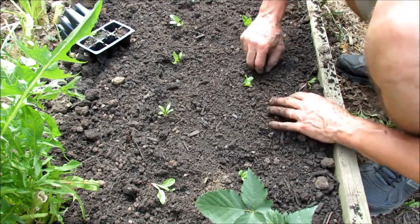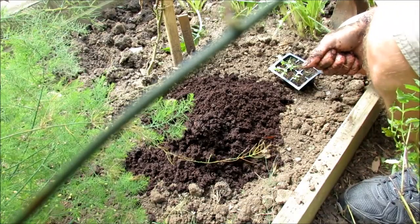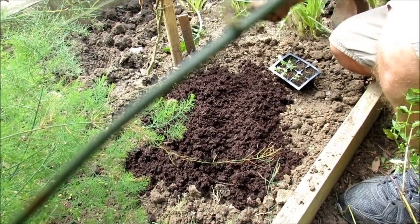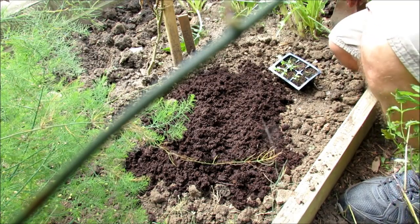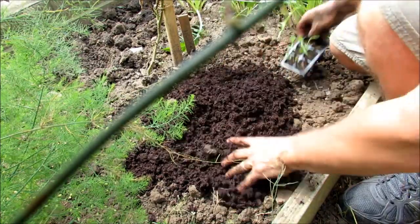Alright, so what do we got? Kale next. So maybe you don't have a lot of compost, either that you made yourself or you can't buy any because it's too expensive or you can't find it. This is pre-moistened peat moss. I loosened the soil, and the same amount of organic fertilizer went down in the peat moss. Put a tablespoon or two in there, a handful, mix it in. The peat moss